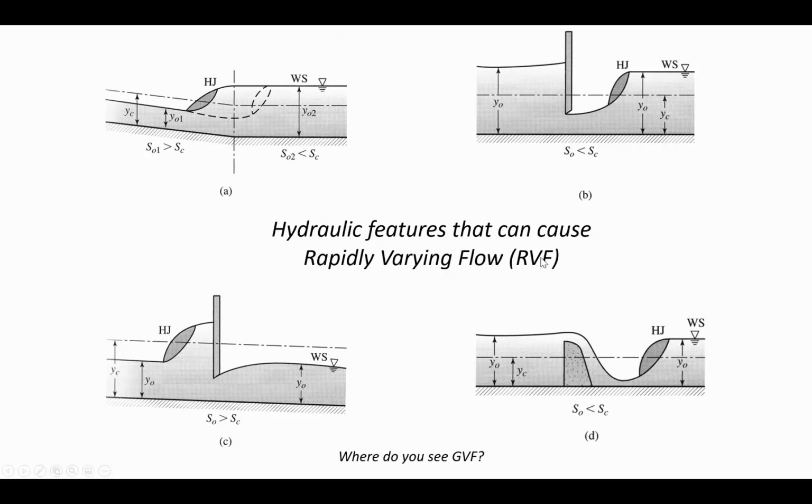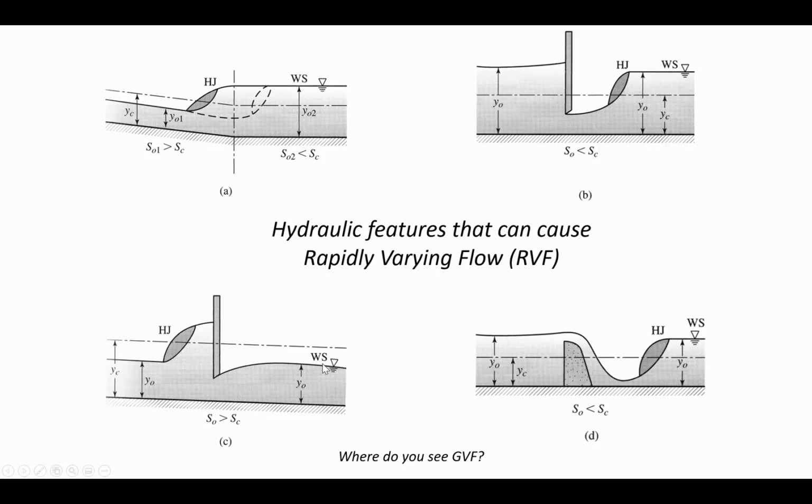Now, RVF means rapidly varying flow, and a hydraulic jump is an example of rapidly varying flow. It's where the depth changes abruptly. Gradually varying flow is, as the name implies, when the flow depth is changing gradually. So in a hydraulic jump it's happening quickly, but here it'd be a gradual variation in flow. It's not going through this rapid hydraulic jump, but the flow is gradually getting deeper from the underflow gate back